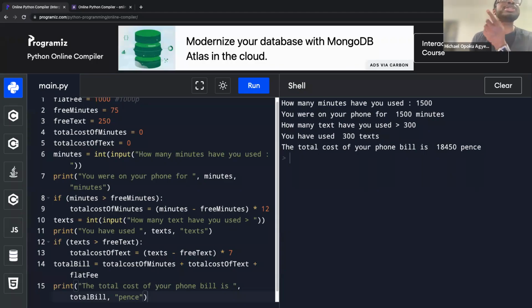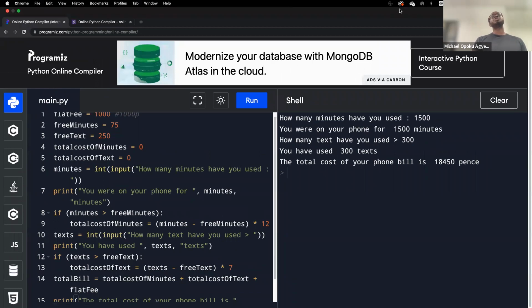The next task is to extend this code so that it will tell the user how many minutes and tests they were billed for. And how many of these billable minutes and tests cost them. And you need to display the overall bills as well. So I'm just going to do,